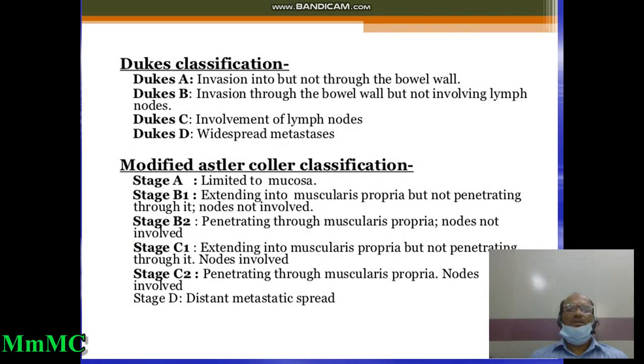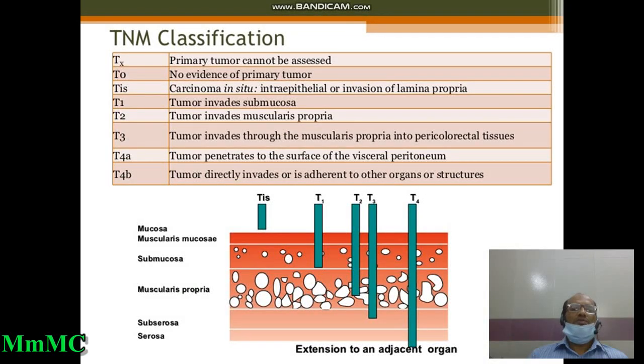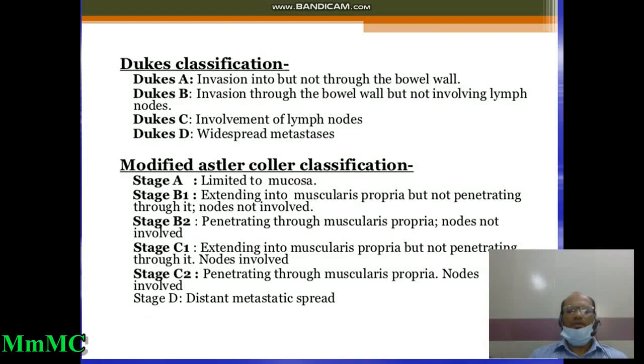Next one, that is the classification: Dukes classification, modified Astler-Coller classification, and another one that is most important, TNM classification. ডিউক্স ক্লাসিফিকেশন তোমাদেরকে জানতে হবে, এটা পরীক্ষাতে জিজ্ঞেস করা হয়। ডিউক্স এ বি সি, ডিউক্স নিজে 3টা স্টেজ বলে গেছেন, পরবর্তীতে আরেকটা স্টেজ অ্যাড করা হয়েছে, দ্যাট ইজ দ্য ডিউক্স ডি। ডিউক্স এ, invasion into but not through the bowel wall. ডিউক্স বি যদি বলি, invasion through the bowel wall but not involving the lymph nodes. ডিউক্স সি, involvement of the lymph node যদি থাকে। আর ডিউক্স ডি, দ্যাট ইজ দ্য ওয়াইড স্প্রেড মেটাস্টেসিস।